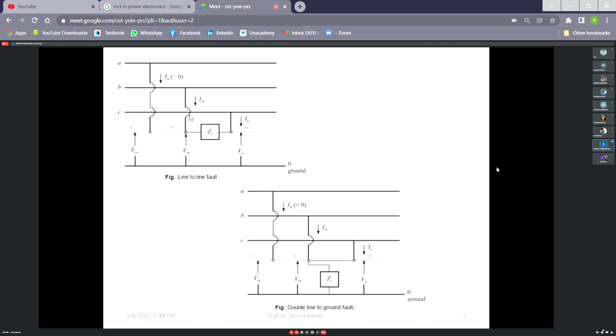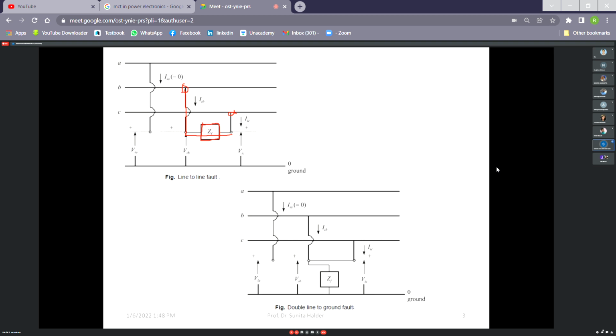Similarly, when two phases, say this is the B phase and this is the C phase, these two phases get shorted through an impedance. Why impedance? Ideally it may be zero, but short circuit means some insulation has melted, or some air may have broken down. How that will happen, we do not know. If there is breakdown in air or insulation is melted, then it may not be a 100% short. So that is represented by an impedance.